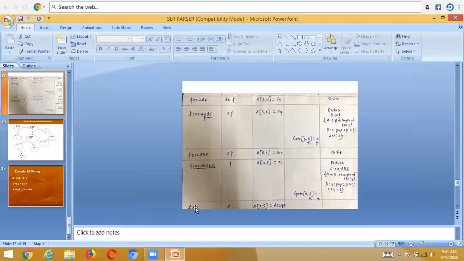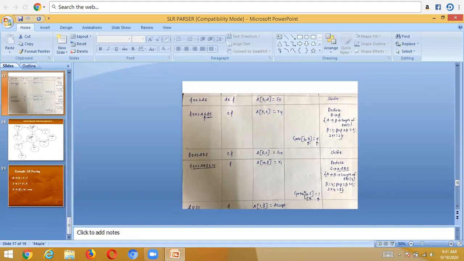See here. And what is left in my stack? Only 0 is there, right? And now I pop 8 symbols on the stack. Whatever symbols I am having on the stack, I popped all those 8 symbols and the stack remains